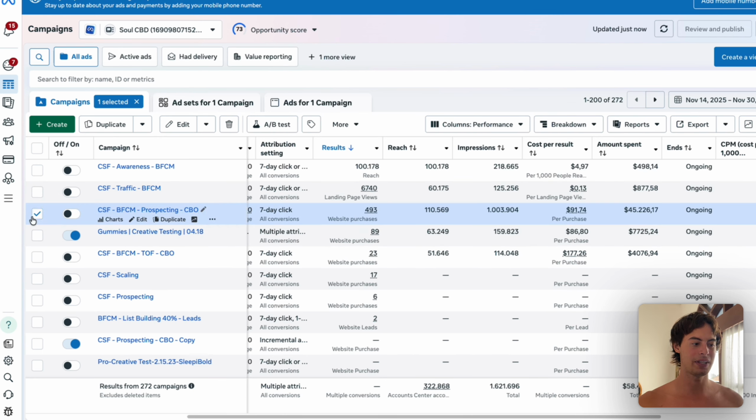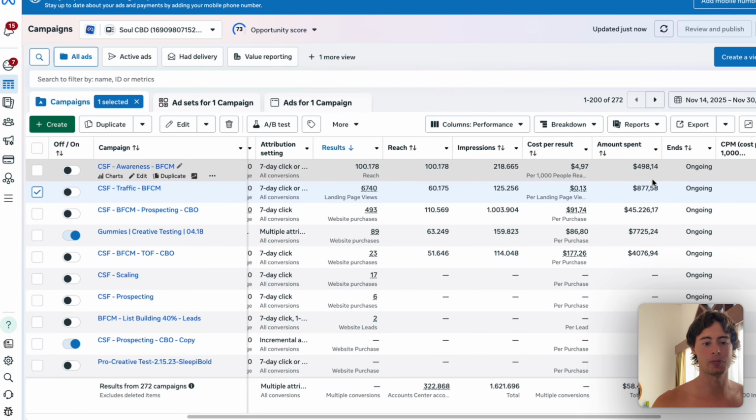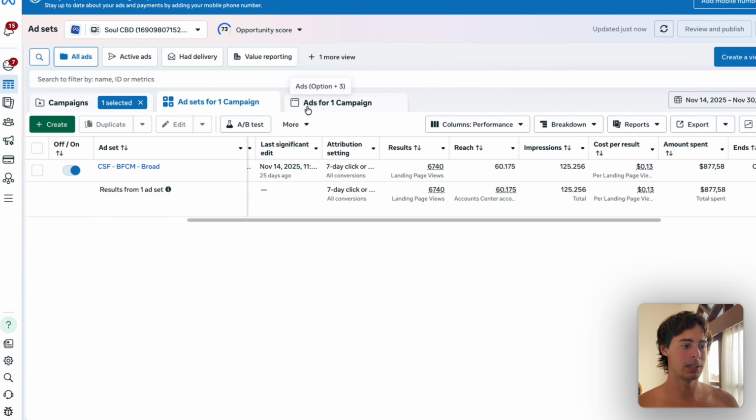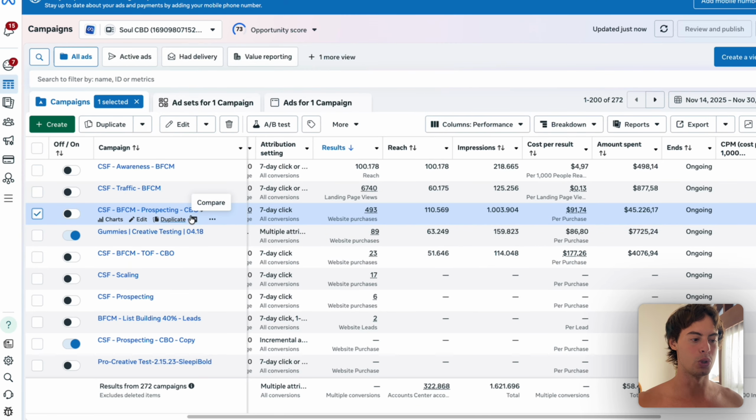So to feed a little more information into this campaign and try to expand Facebook's reach to new people, having a traffic campaign is actually a great idea. And again, this campaign has spent $800 in the last 14 days, so it didn't spend that much, obviously. But the intent of this campaign was trying to force Facebook to look outside of its target at least a little bit, because we noticed that with this account, it's not necessarily going to new people,